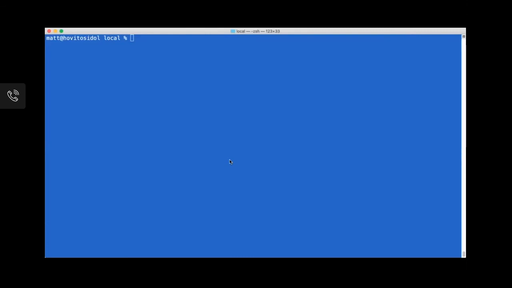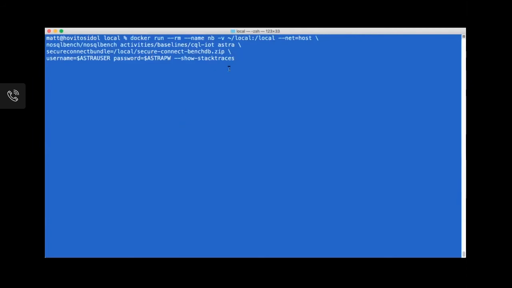So let's look at what an invocation looks like. I am running this through Docker, so you can get this with a Docker pull NoSQL Bench / NoSQL Bench. What we're doing here is I've just got a volume mounted so that I can pass in my Secure Connect bundle path.